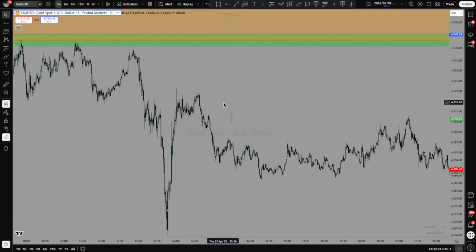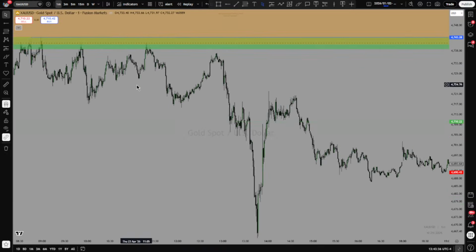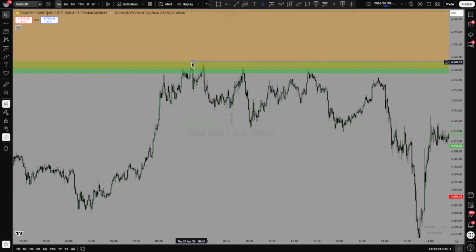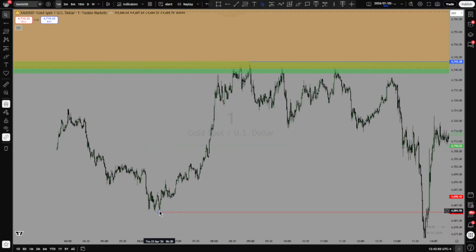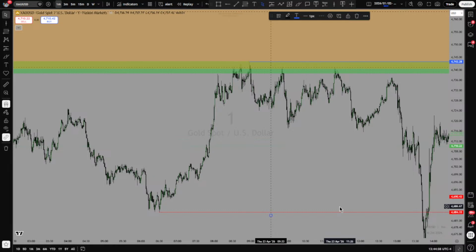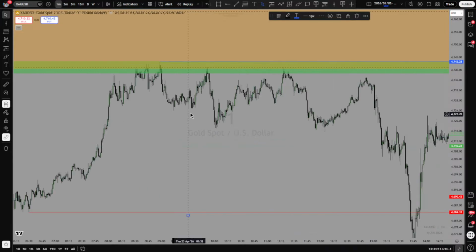So let's move to the trades that I actually took. I took trades from New York open, then I took another trade on the PM session. So we had this low here on this day, on the 23rd of March. Then where did we open? Okay, we opened here, then we started going higher.